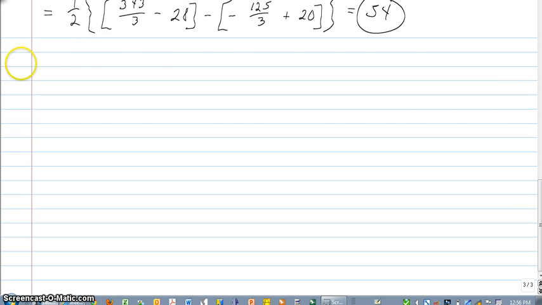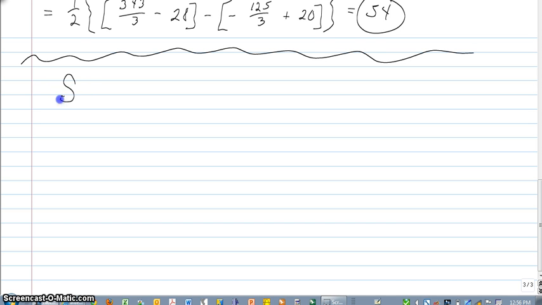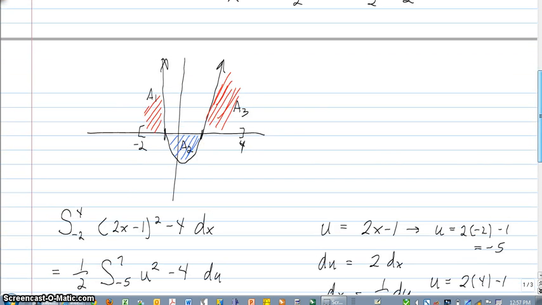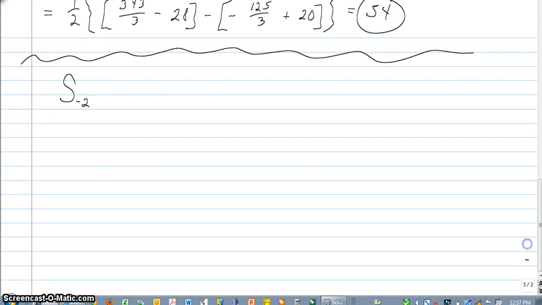So we could say, well, we want to know what the area is on negative 2 to, well, our first zero was at negative 1/2. And we'd have to integrate the function with respect to x. I'm going to assume you can handle applying the fundamental theorem of calculus. You should get